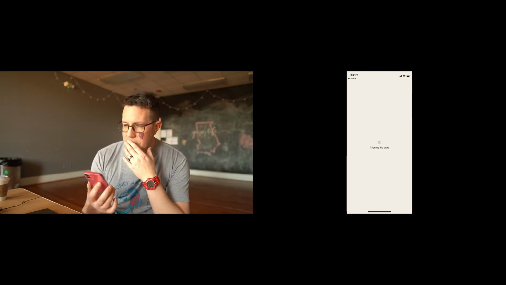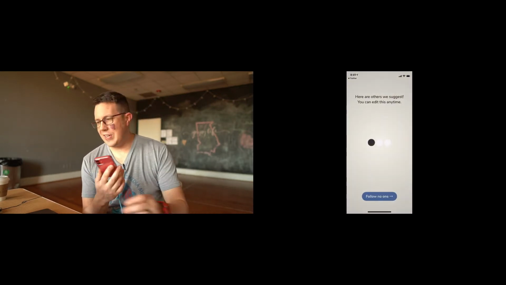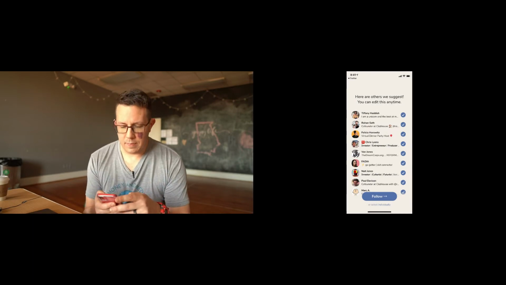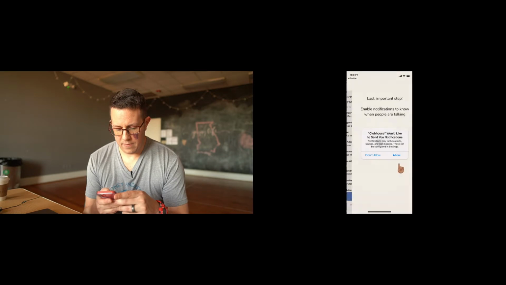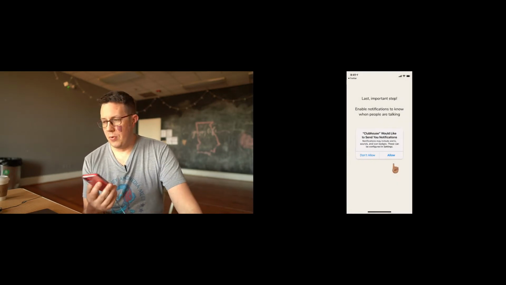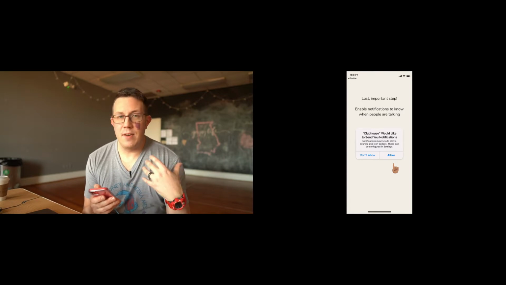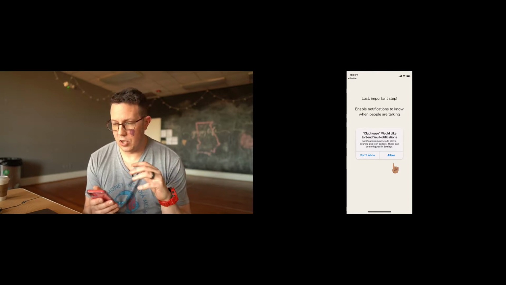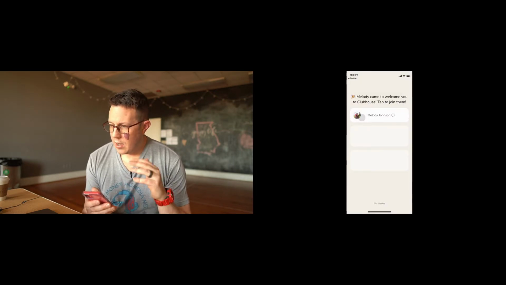Let me just go ahead and say right off the bat that it's worth getting on things like Clubhouse ASAP. While this is loading up right here, first of all, I don't know any of these people. Like, okay, all right, sure, I follow all those people. It's important to note that you want to get in early on any of these things, even if it doesn't pan out. Now, I'm not saying you should switch over your entire marketing strategy or whatnot. Let's go with notifications for now. I can always turn that off later.